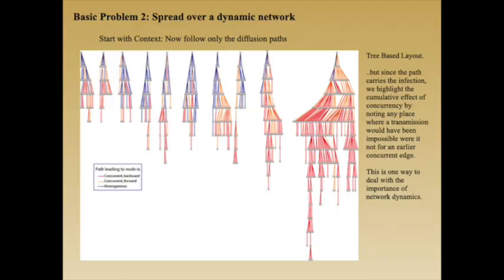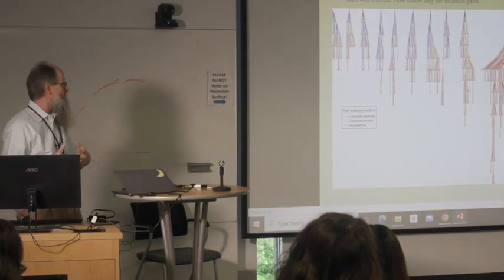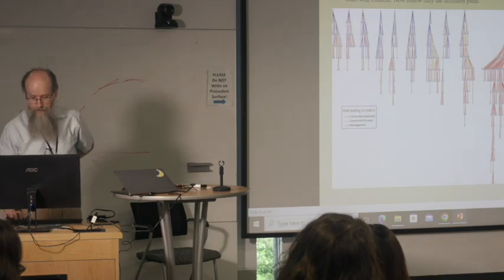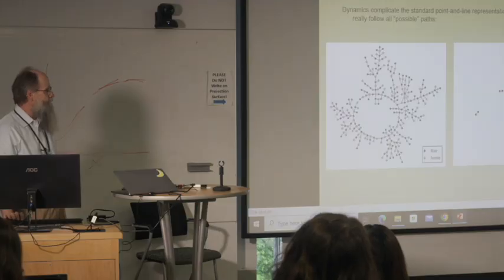Then what you discover is that these big pieces require having concurrency upstream in order to open up the pieces downstream. And so it becomes immediately apparent that the path level concurrency is helping to drive the flow in these big spikes. We thought for a minute whether or not it'd be useful to add in the cross edges, the ones that didn't carry the simulation, but it seemed to just clutter the story, so we ended up not using it in the paper that we published.